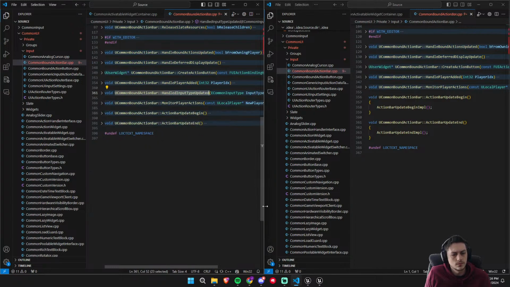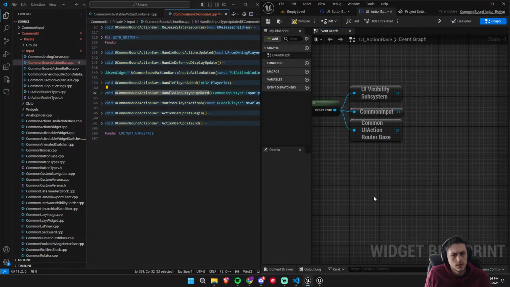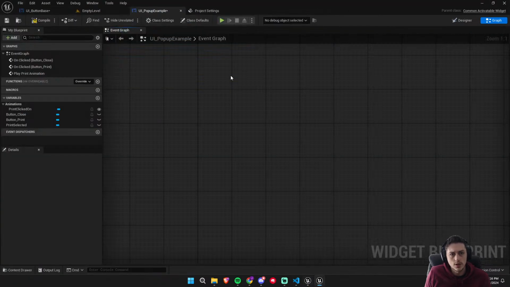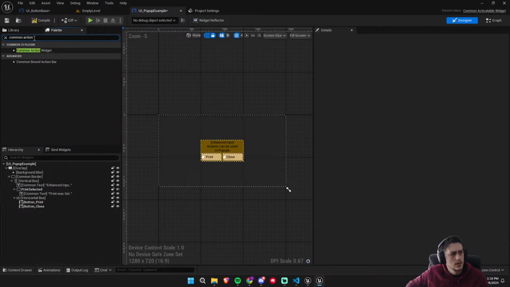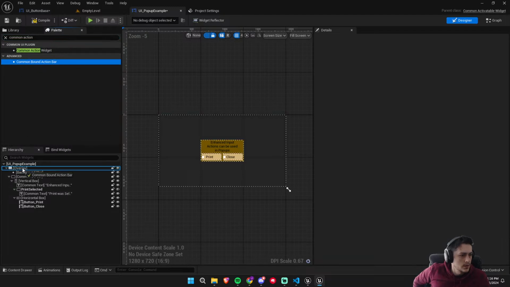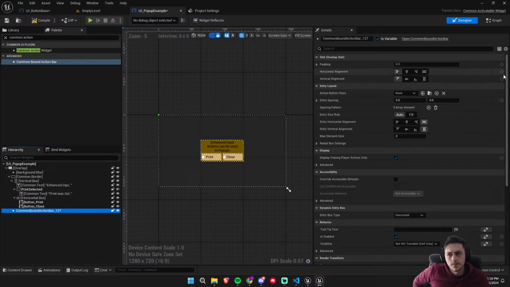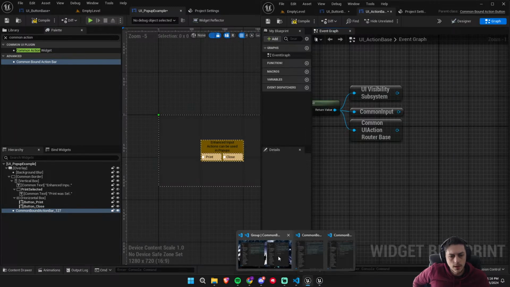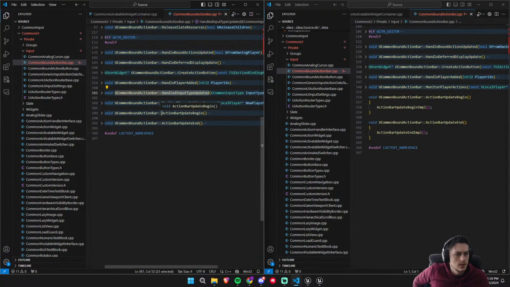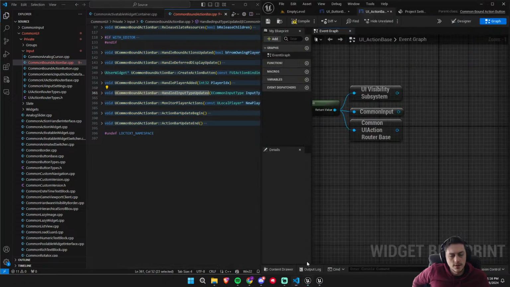I don't think that's something new or anything to do with us. So if we got the common action bar, throw it in anywhere, it doesn't really matter. On action bar updated, that's really all we got. Handled input types updated. Pretty sure that is strictly